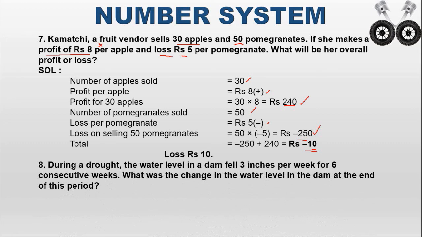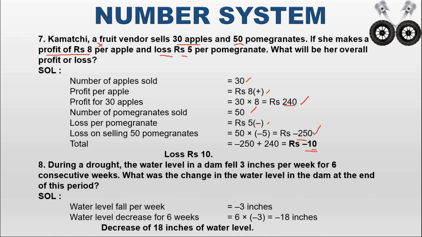Next one is: during a drought, the water level in a dam fell 3 inches per week for 6 consecutive weeks. What was the change in the water level in the dam at the end of the period? So for 1 week, how much water will be decreased? The water decreased is 3 inches. For 6 weeks, how much water will be decreased? Here the weeks increase from 1 to 6, that means the decrease in water level also increases. So you have to multiply. So 6 into 3 you will get